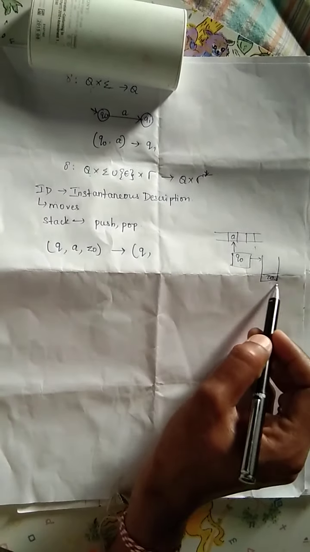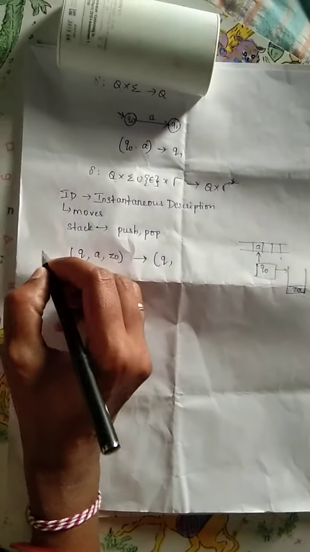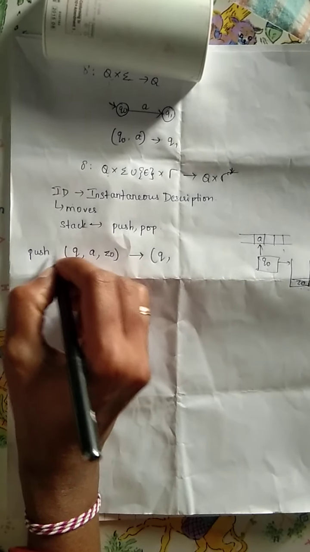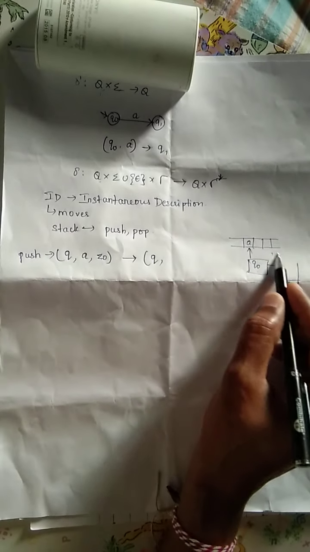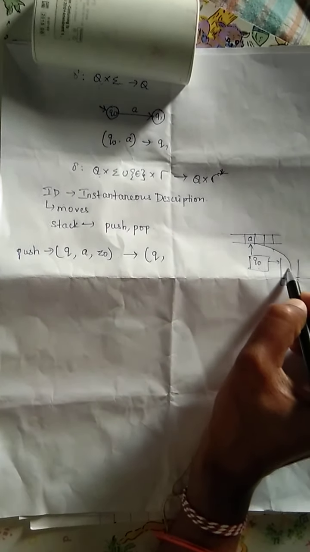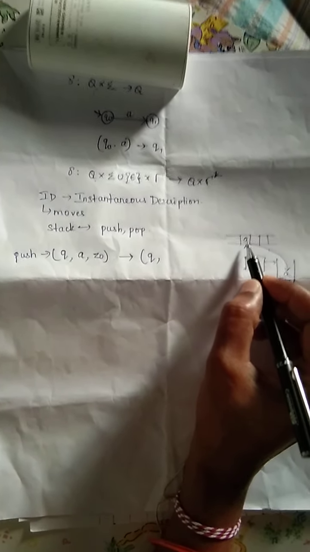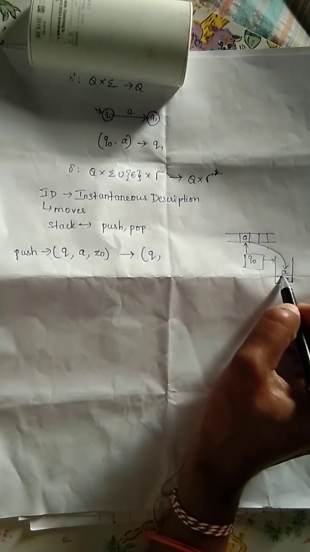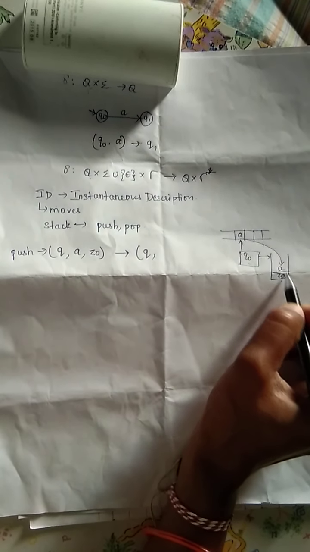So I am taking the state, okay, and input symbol a and stack symbol z0. So what is the right hand side here? I am in the same state. Suppose you can push the symbol or pop the symbol from the stack here. Suppose if you want to push the symbol onto the stack here, now how to write the ID? So q, a, z0. So I am in the same state, q state. We need to add this input symbol into the stack, like this. Whatever you are reading the symbol from the input tape, that will be pushed onto your stack here. Now what is the top of the stack now? a. And what are the top two symbols here? a and z0. a followed by z0.